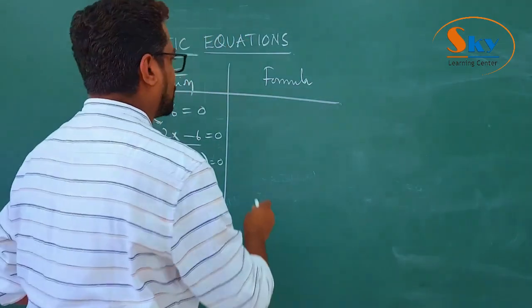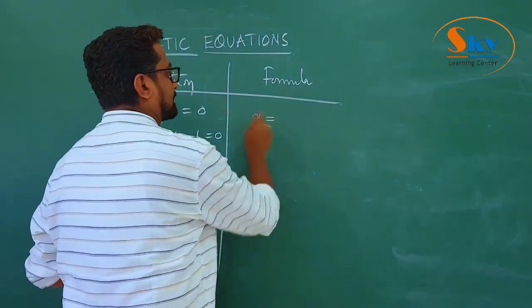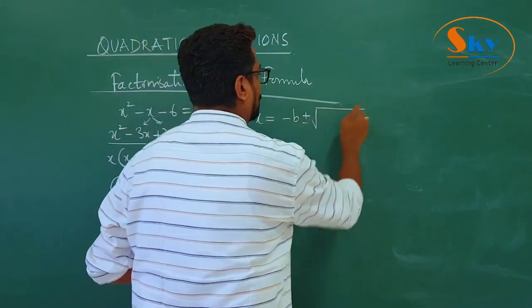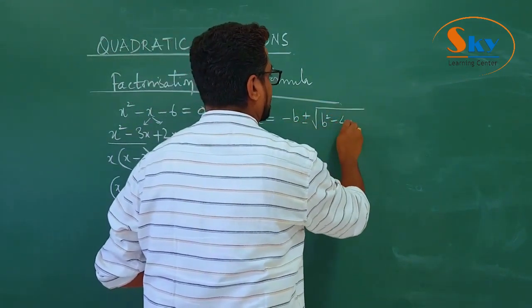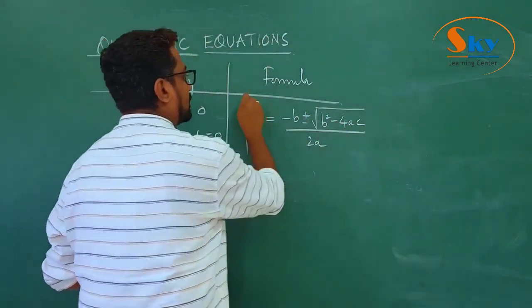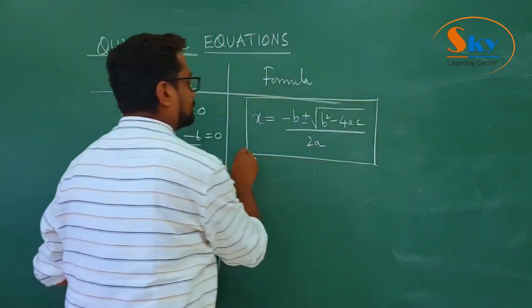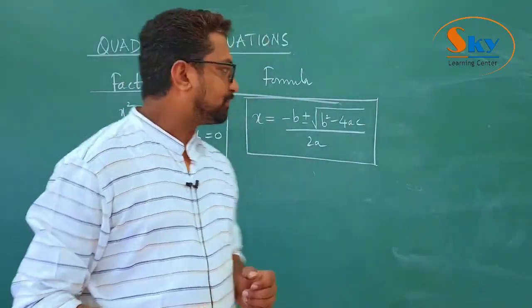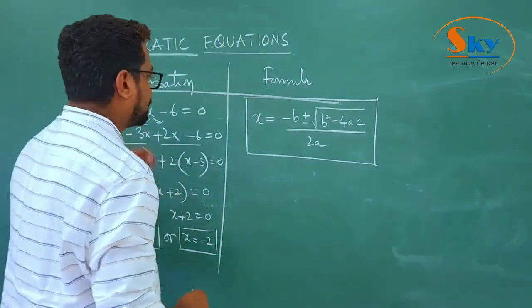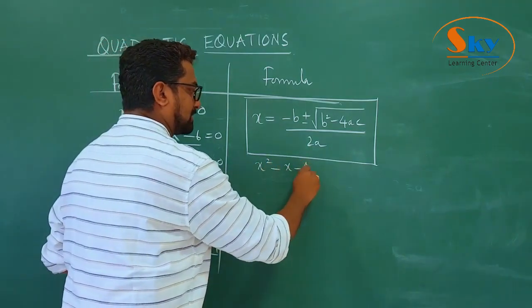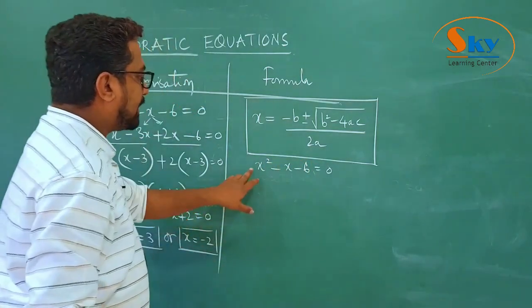So what is that quadratic formula? The quadratic formula is x equals minus b plus or minus root of b square minus 4ac, divided by 2a, for an equation of the form ax square plus bx plus c equals 0. Okay, so here if I pick this equation, that is x square minus x minus 6 equals 0,